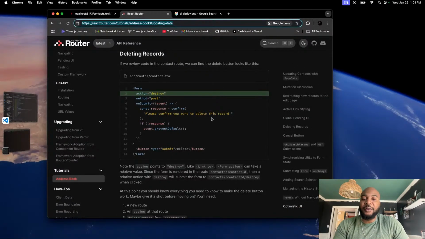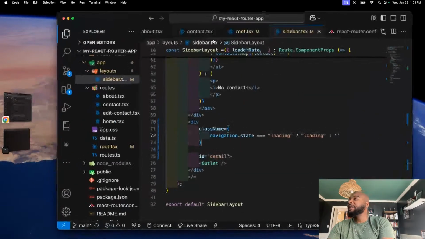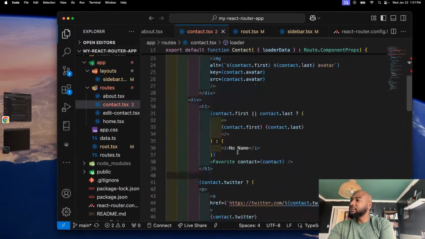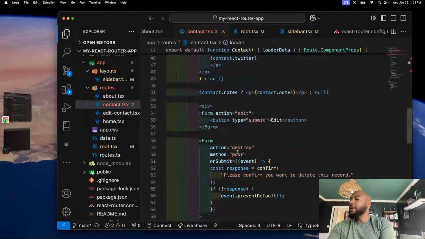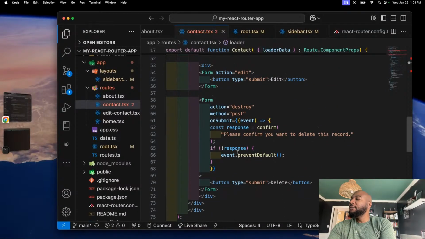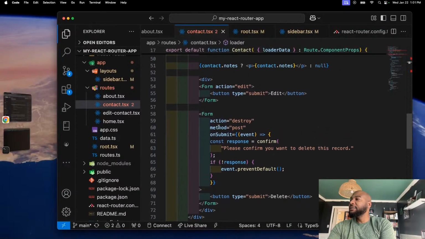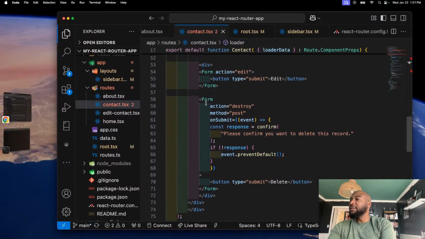All right, so we're here on deleting records. What do we do if we want to delete all these records? If we receive code in the contact route, we can find the delete button looks like this. So let's go to contact.tsx. And somewhere in the form, here it is right here. Looks like this. We have this form